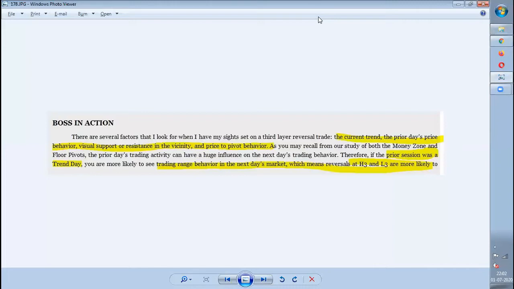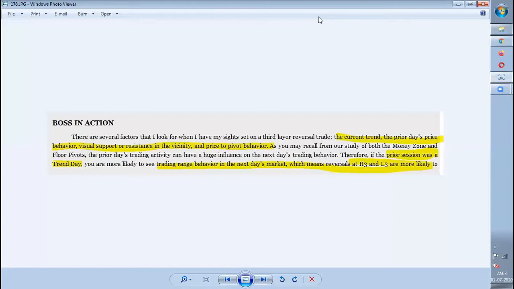In the earlier two videos, we covered what happens at H3 and what happens at L3. H3 and L3 are nothing but the reversal trades. If you see any reversal signs over H3 and L3, then you can go for a trade where the target for H3 will be L3, and for L3 the target will be H3. The stop loss for H3 is H4, and for L3 it is L4. That is what was told in all the previous chapters.